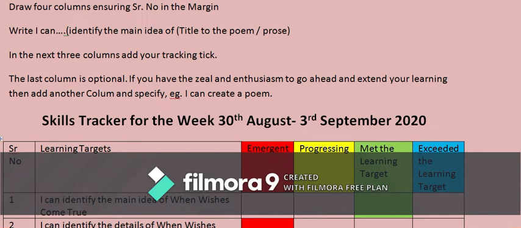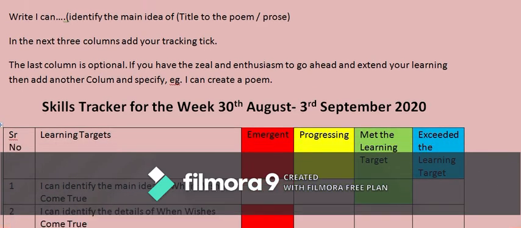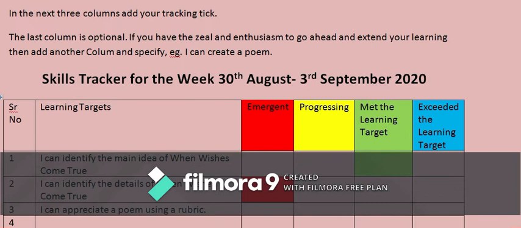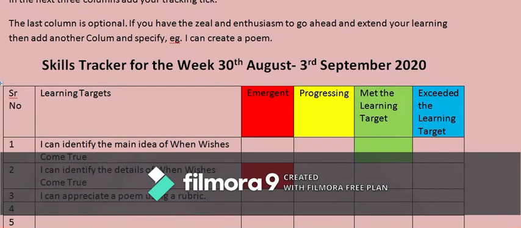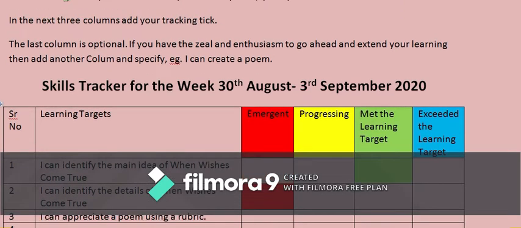Now I am giving you the option whether you want to add a tick, or you want to shade it, you want to color it, or you want to use the smileys. This liberty is given to you to maintain your book the way you want to maintain. I know that certain students really decorate their books and maintain it very well. So I'm giving you a hint because I could use color coding. So I'm using color coding over here.